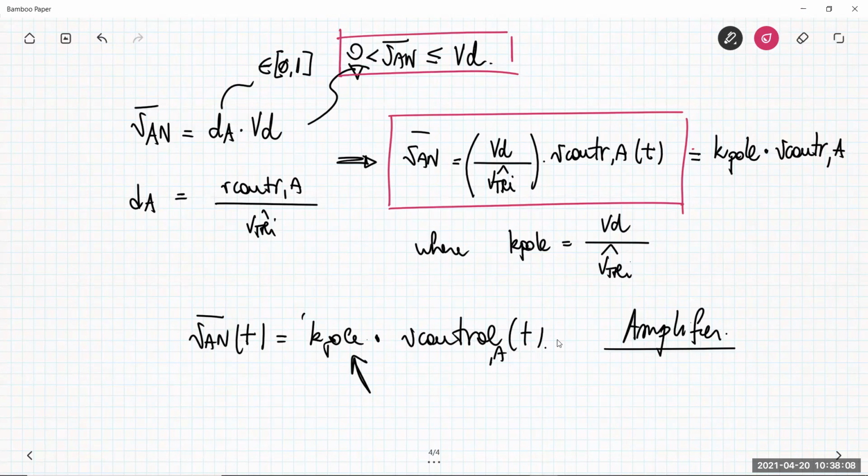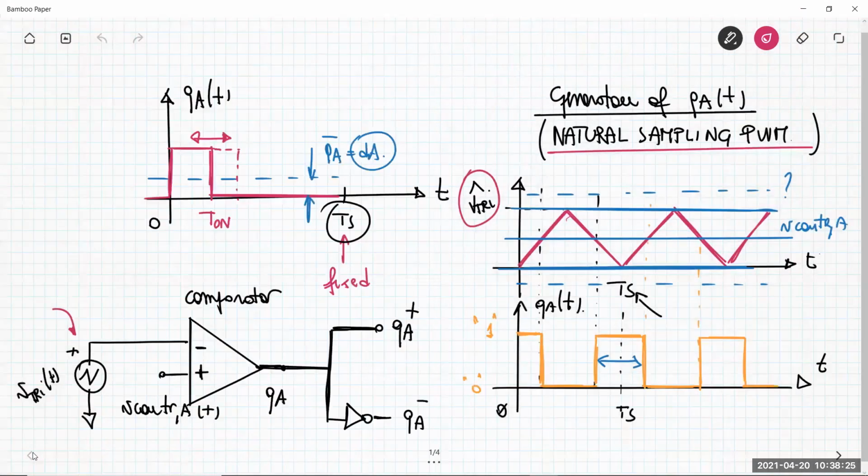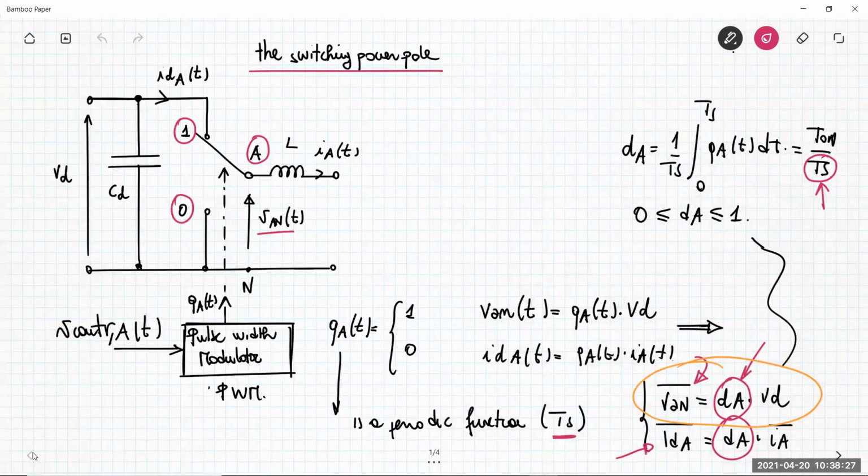But this kind of modulation applied to this switching power pole generates at the output voltage port VAN over T, let me put here this schematic, this voltage here,